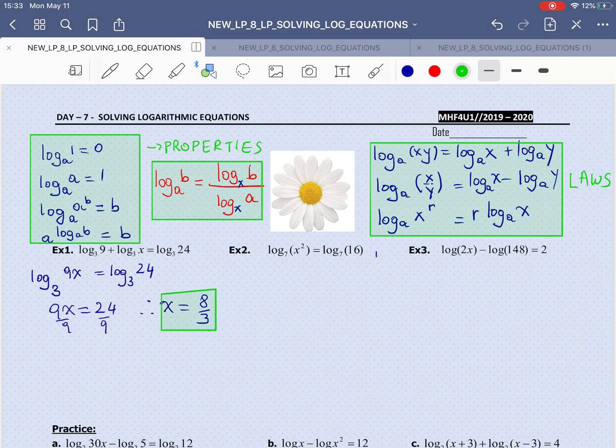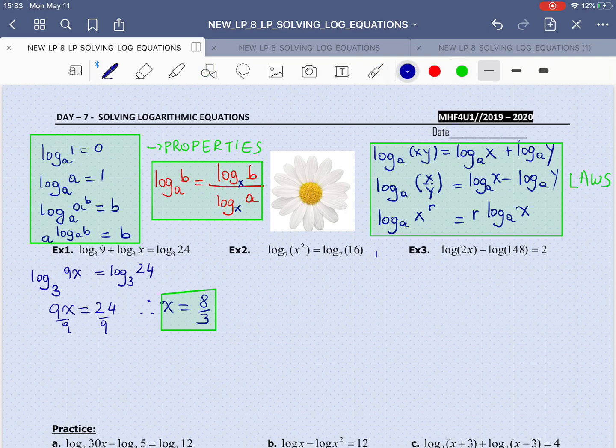You always have to check and see whether or not the solution is valid. Remember that x is inside the log in here, and we know that here we only need to have positive numbers. So another way of solving this equation would be